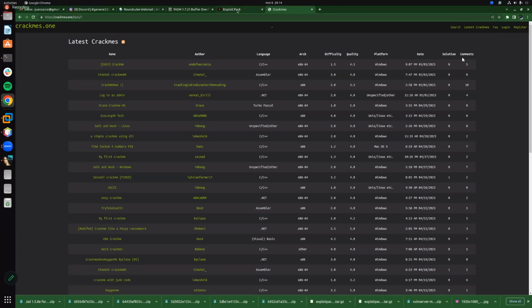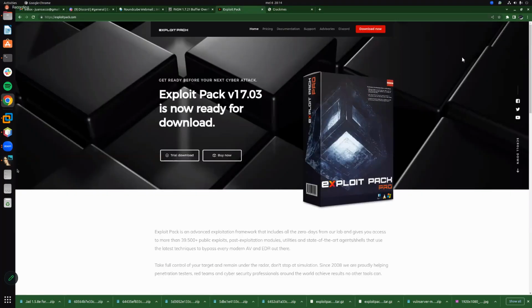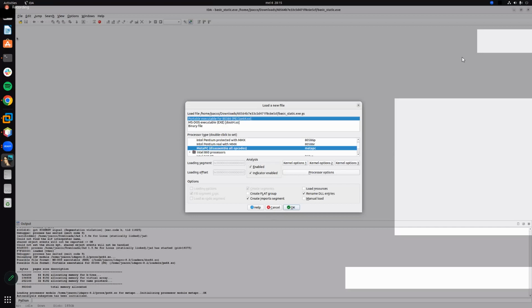But of course, when we are talking about commercial tools like IDA, on IDA you can just write your own plugins. You can write your own scripts. It supports Python. It supports sort of a C, and of course, it's way easier to follow than the command line of GDB. Again, with GDB, there are some graphical interfaces that you can implement, but I think you should make your own